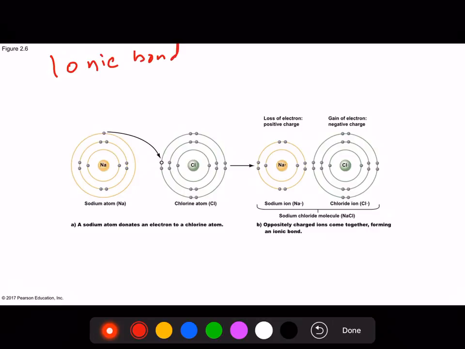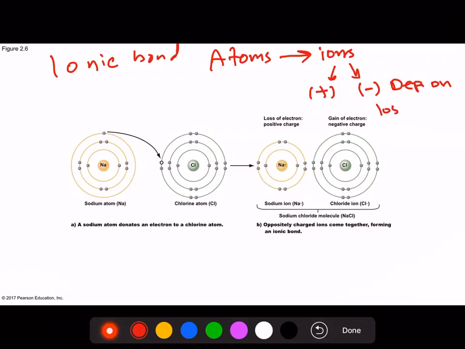In an ionic bond, what is happening is that the atoms will turn into ions. These ions can be either positive ions or negative ions, depending on whether they lost or gained electrons. Now, to understand this,